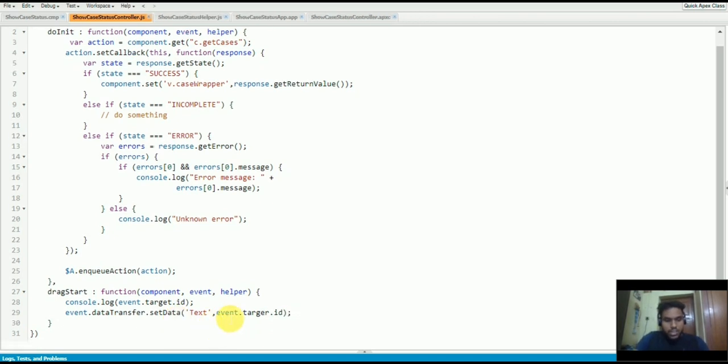We have to get this ID in the drop function, the ID which has been dragged. It should be target.